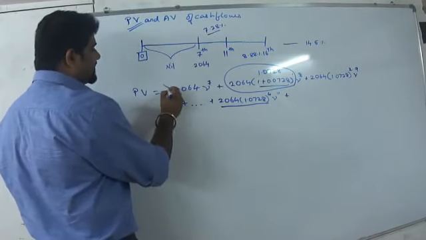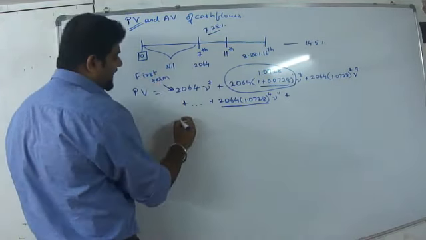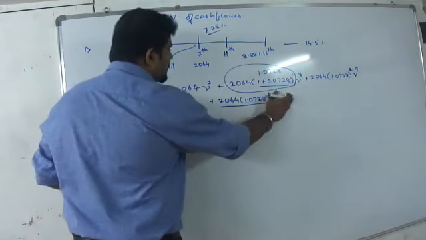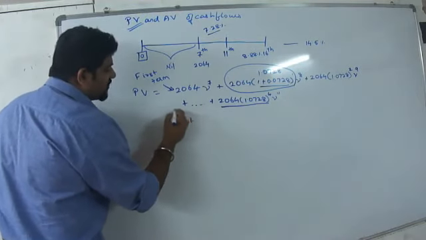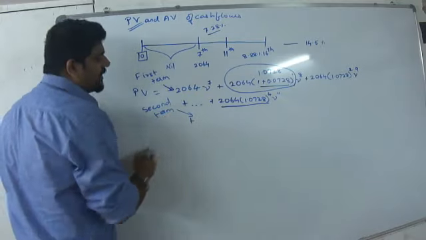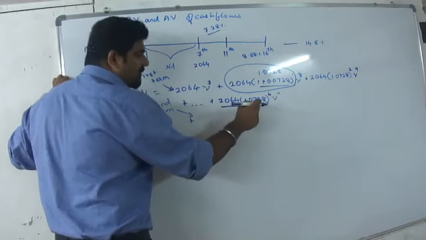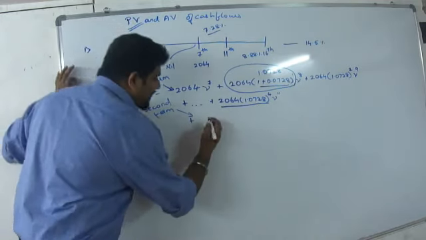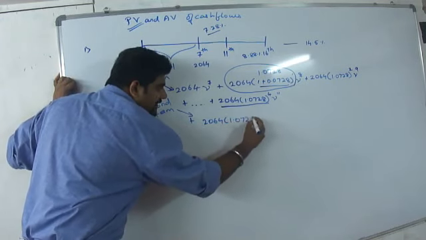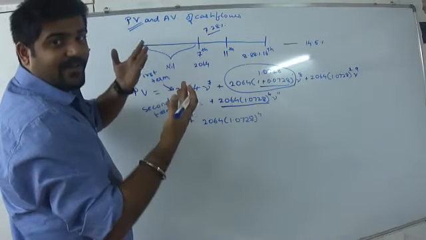I can say that this is going to be my first term. And I have to add it with the second term. I am not showing this separately, I just have done an addition here. So for my second term, what am I going to get? I am going to get an 8.88% increase of the previous amount. This was the previous amount. So I will write down 2064 into 1.0728 to the power 4. This has to increase by 8.88%.